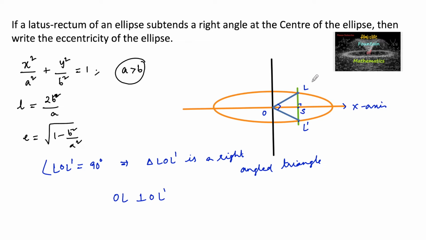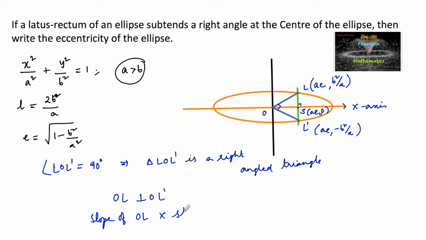And we know that the length of latus rectum is 2 times b square upon a, so the ends of latus rectum will be considered, since the focus is lying on the line x is equal to ae, 0. So (ae, b square upon a) is one end, and another end will be taken (ae, minus b square upon a). So that the slope